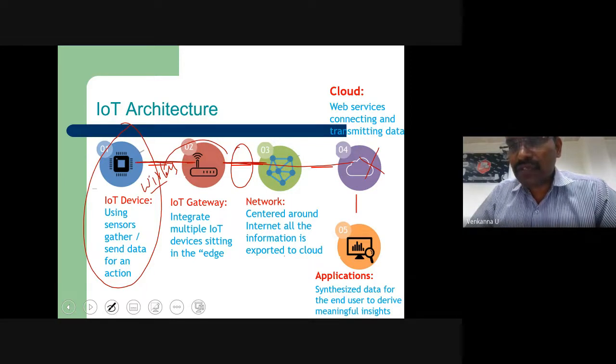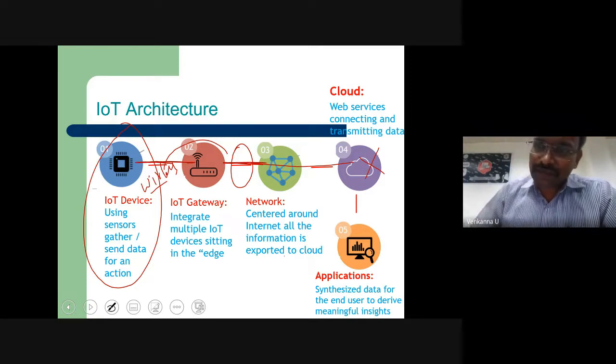Why are we using the cloud with IoT? That's why whenever you develop an IoT application, don't forget to integrate the cloud concept into it. Suppose you write any technical paper also, it must and should use the cloud concept. Otherwise, your architecture or whatever prototype you have developed does not make sense.